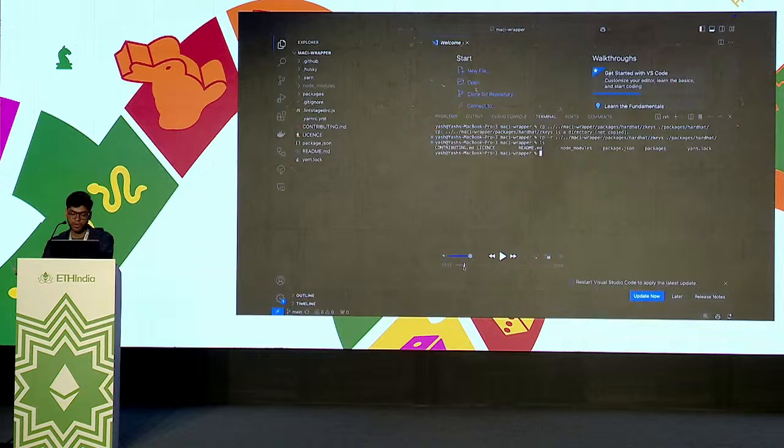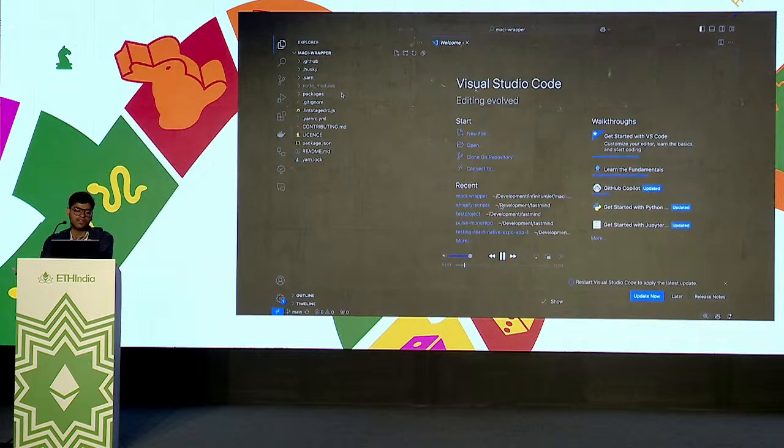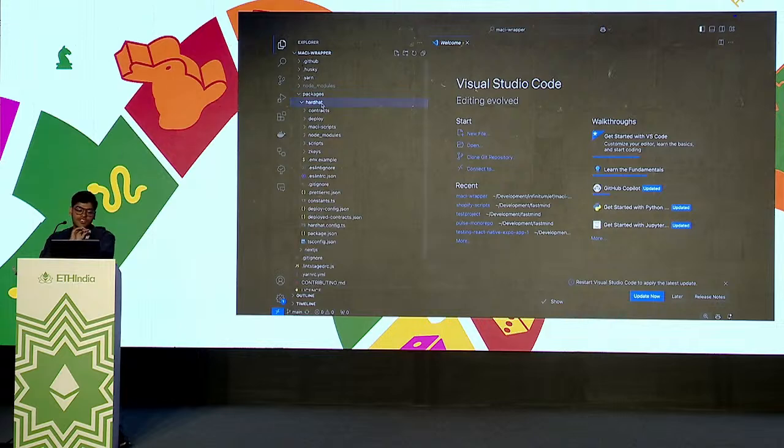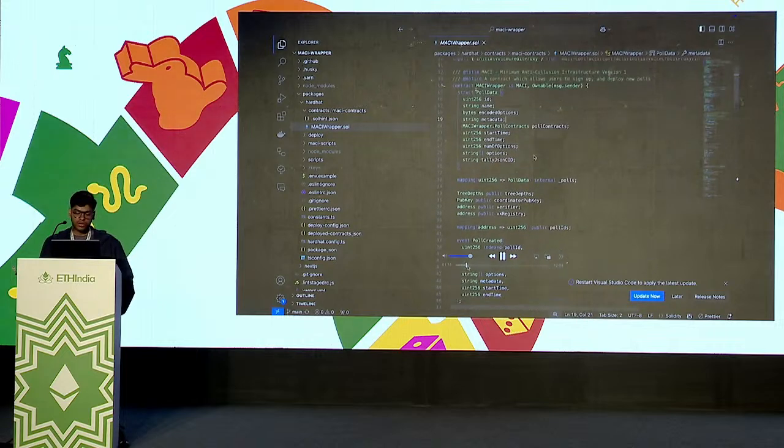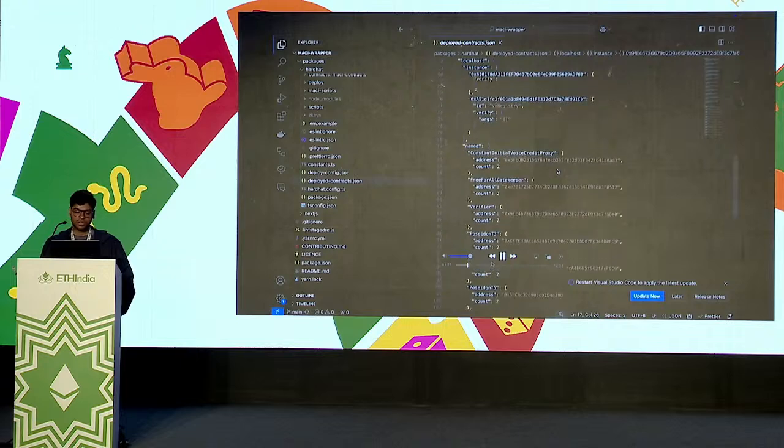I'm just copying that, and then after that, this is a Scaffold-ETH project which contains two packages. One is the Hardhat package, another is the Next.js package. The Hardhat package contains all the contracts, and this is the Macy wrapper contract. The Hardhat project also contains the deployedContracts.json file. As you deploy more contracts, the contract addresses will be updated here. You will also see a deploy config